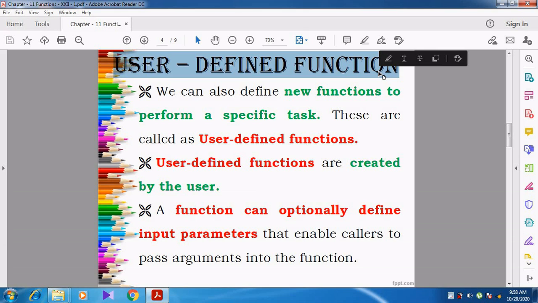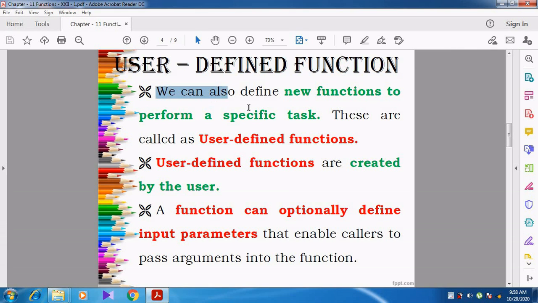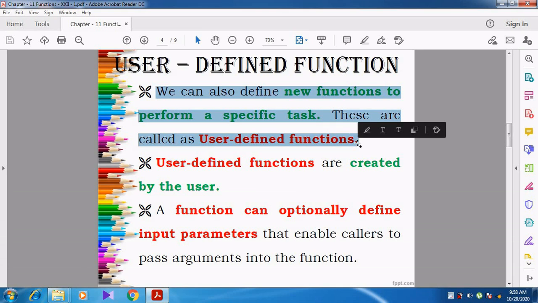Here they have given, we can also define new functions to perform a specific task. We can also define our own functions. Function means we already studied that whenever we want to perform a specific task, that particular task is given under the name function.